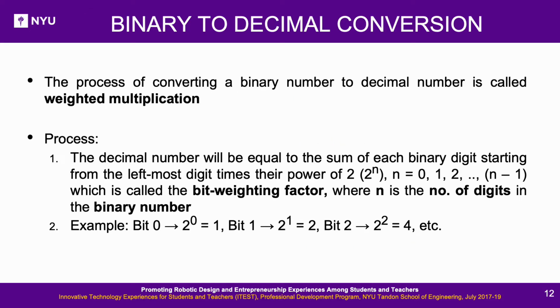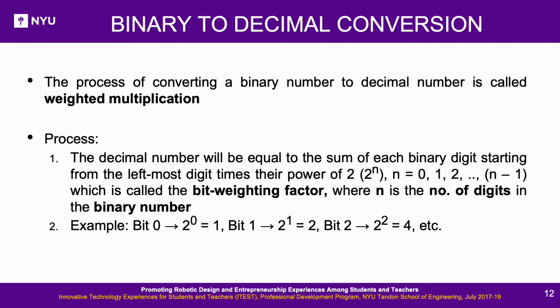Binary to decimal conversion. The process of converting a binary number to decimal number is called weighted multiplication. Conversion process. The decimal number will be equal to the sum of each binary digit, starting from the leftmost digit, times their power of 2, which is called the bit weighting factor, where n is the number of digits in